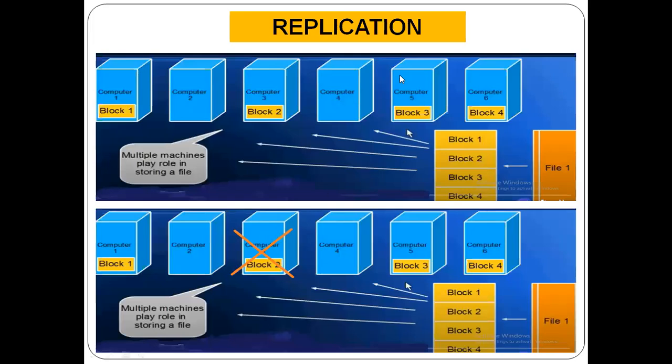This slide shows HDFS without the replication concept. That means if any component fails, data gets lost. You can observe, this is a file I want to store. This file is divided into four different blocks: 1, 2, 3 and 4. My HDFS architecture uses six data nodes, or six computers. Computers 1, 3, 5 and 6 are used to store the four different blocks.